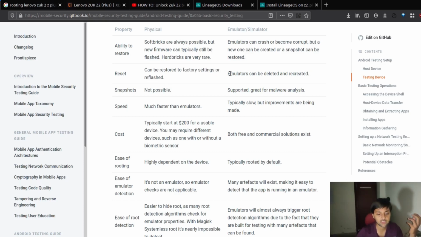For emulators, you could just delete it and recreate a new one. Snapshots are not possible in physical devices, whereas they are supported in emulators, and it's great for malware enthusiasts. So what snapshot means is, suppose you are a malware analyst, you get an APK to test for malware activities